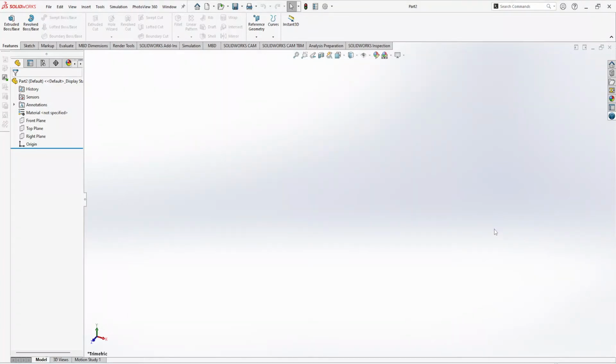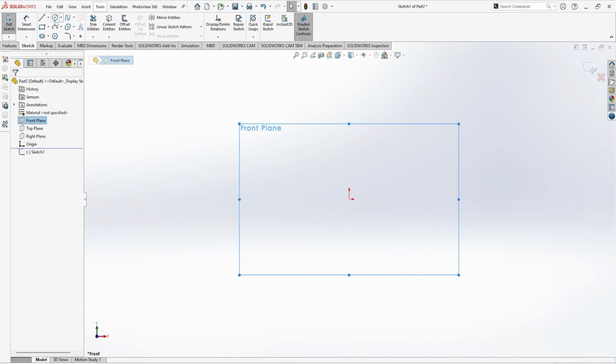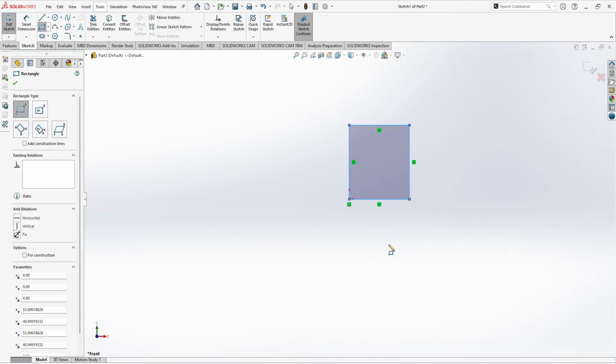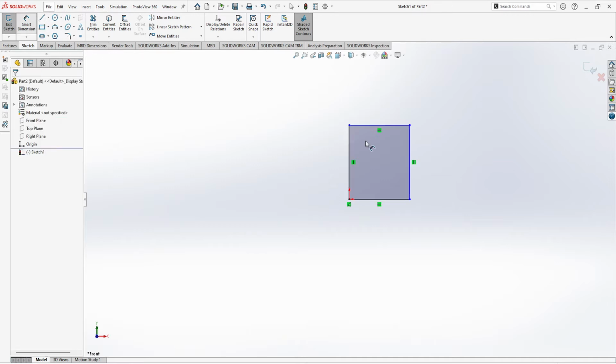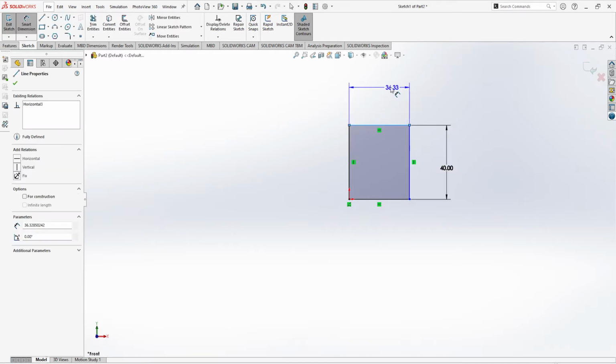Today we are going to see the remaining parts. That means we are going to see the one part that we are going to design today, and that will be the fin. So select front plane, go for sketch, select rectangle, design a rectangle, and give it a dimension of 30 mm, 40 mm to the top, and 30 mm to the